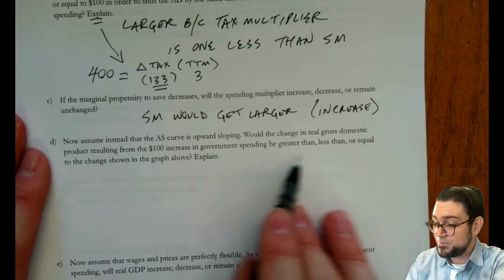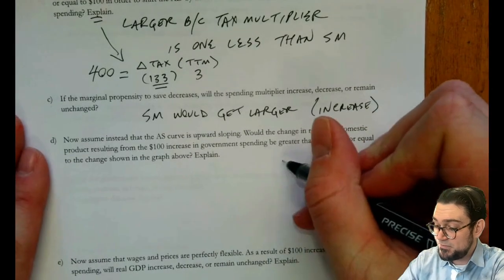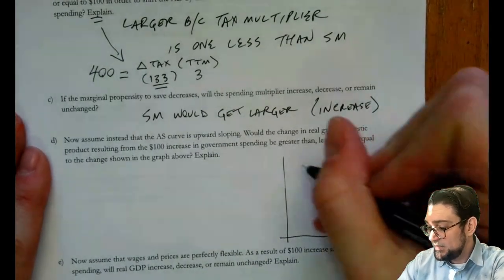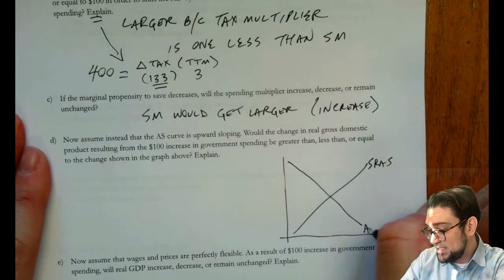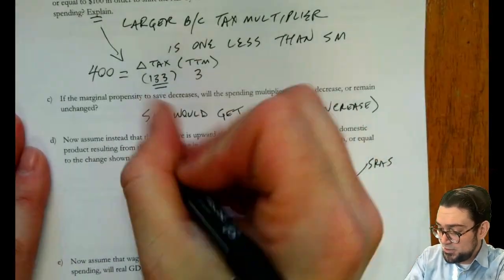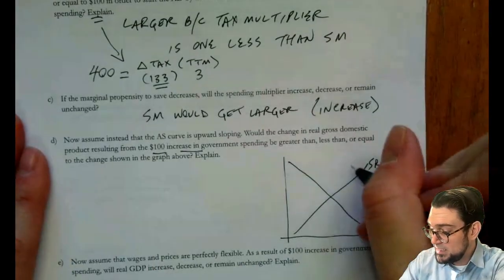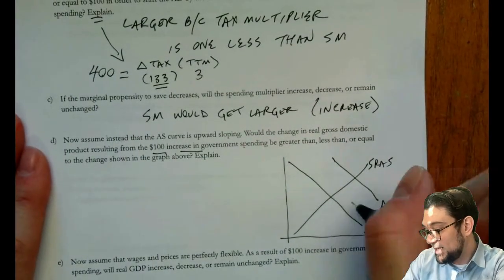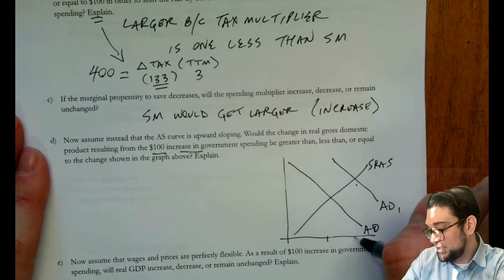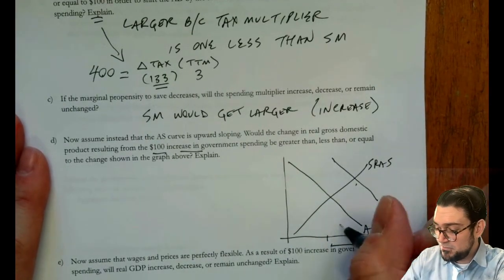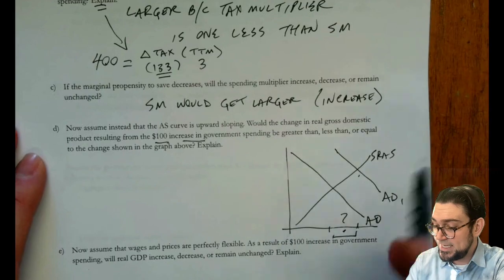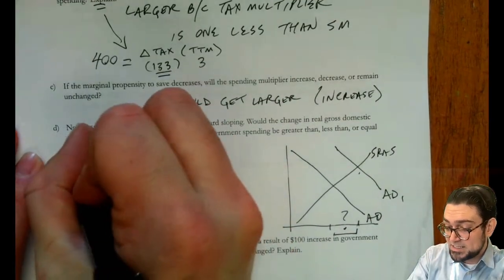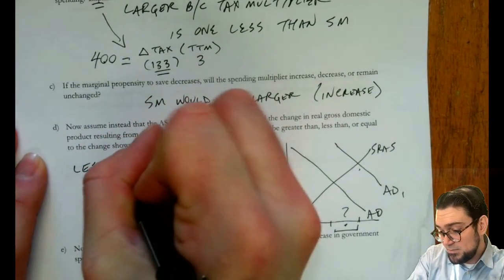Now assume instead that the AS curve is upward sloping. Will the real change in GDP resulting from a $100 increase be greater than, less than, or equal to the change in the graph above? So it's saying that now we have an SRAS that looks like this, and an AD that does one of those, from the $100 increase in government spending. Well, when it moves to AD prime, is this distance here still going to be 400, or is that going to be a different amount? And we would actually say that the overall change would be less than,